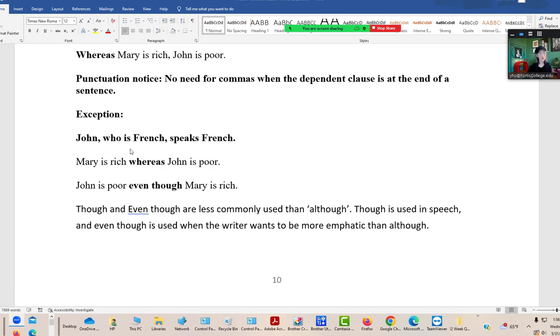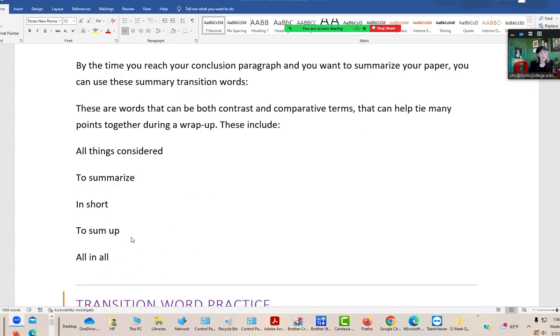John, who is French, speaks French, or lives in Paris. So here when you have who, which, where, and that, then you have two commas when the phrase comes in the middle of the sentence, and then you only have one comma when the phrase comes at the end of the sentence. So that's only for who, whom, which, and that. Then you have